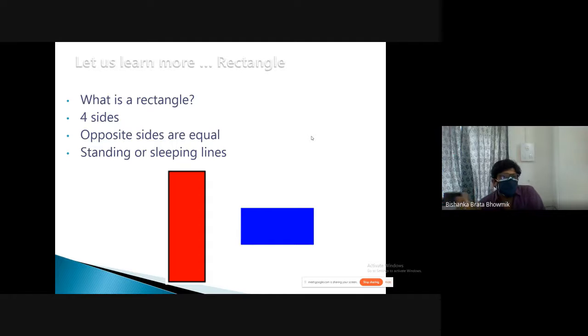Okay. Now, next is rectangle. So you can draw on a board, or in a presentation if possible, different shapes and represent them. By doing this, they will learn the shape. So what's the shape of this? The shape of a rectangle. Okay.